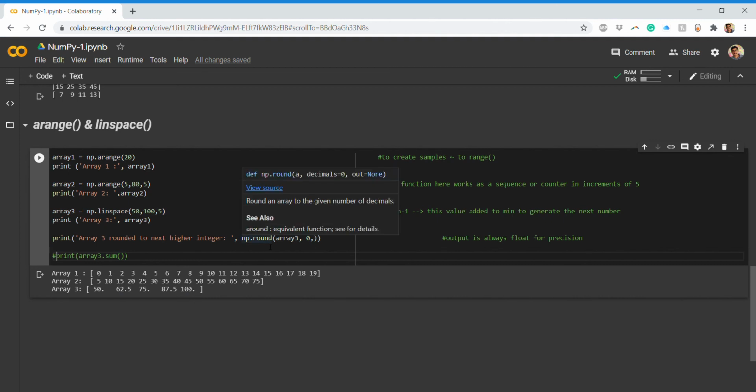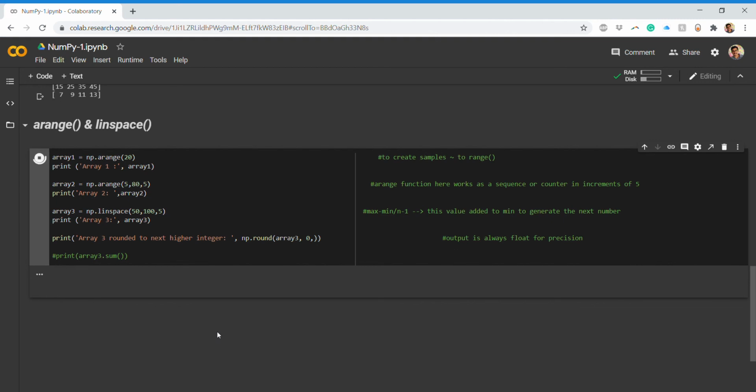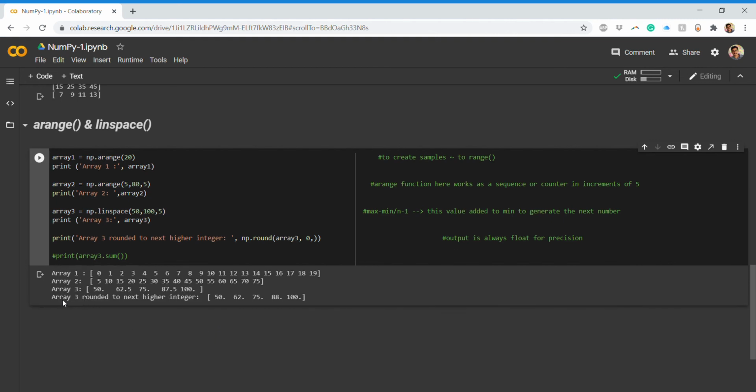The np.round function takes the array that you want to round, and to that you apply an integer number, that is, round to the next higher integer. So with array 3 rounded, I get 50, then I get 62.5 as 62.